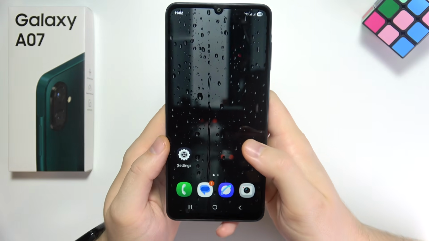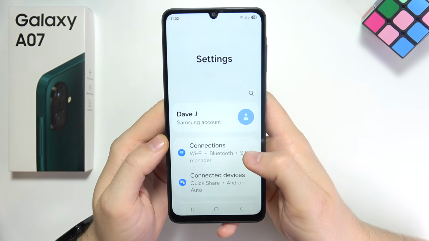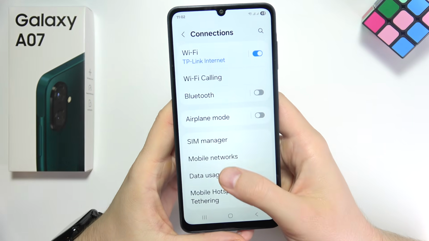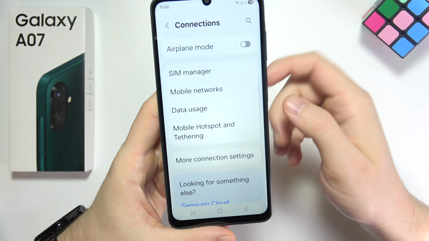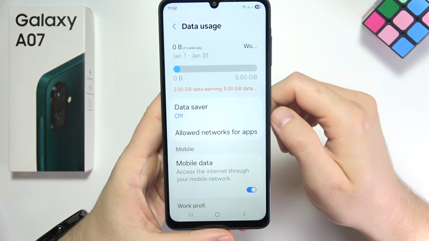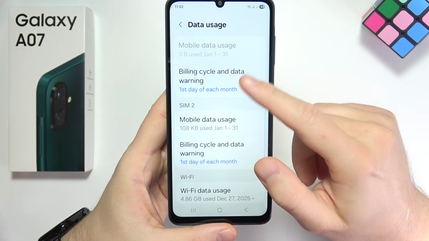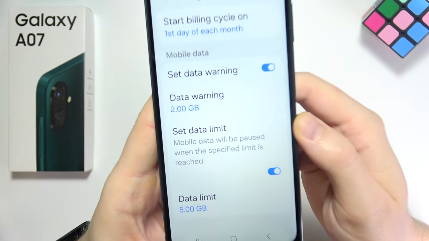If your mobile data is not working on a Samsung A07, first of all open the settings and let me show you how you can fix this. Open connections, and first of all I will go for data usage. And you have to check your SIM cards, for the first one, and make sure that you are not